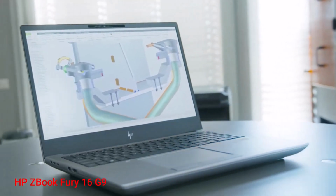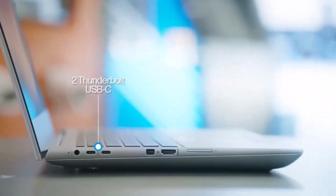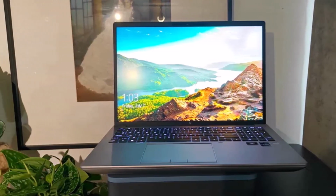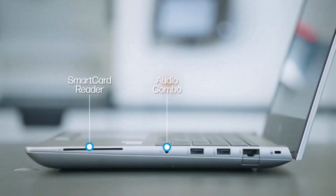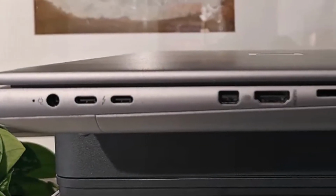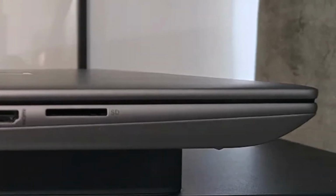Number 4. HP's BookFury 16G9. The HP's BookFury 16G9 stands out as the ultimate workstation laptop, designed to handle the most demanding computing tasks with exceptional power. In its 9th iteration, this laptop boasts premium components for unparalleled performance, featuring an overclockable 12th Gen Intel Core i9 CPU, a formidable NVIDIA RTX 5500 GPU with 24 GB of RAM, and up to 64 GB of